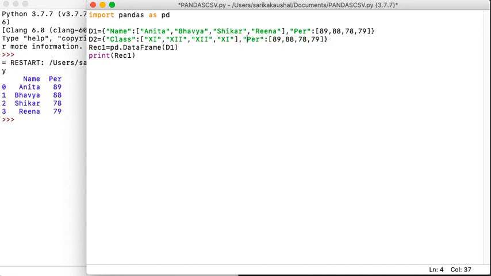All right, and then I forgot to mention the section also. So the section is say A, B, the third one is also in B, and the fourth one is in C, for example.